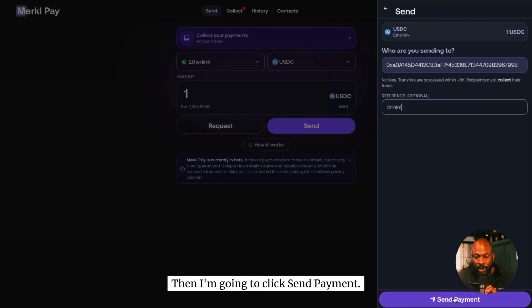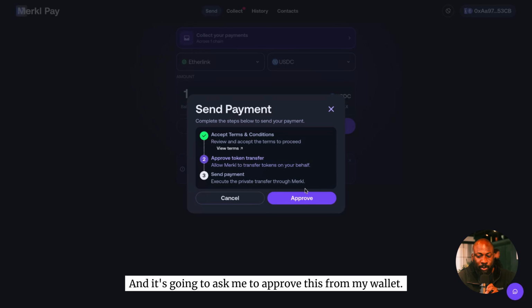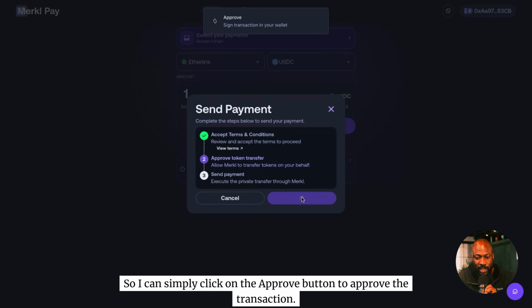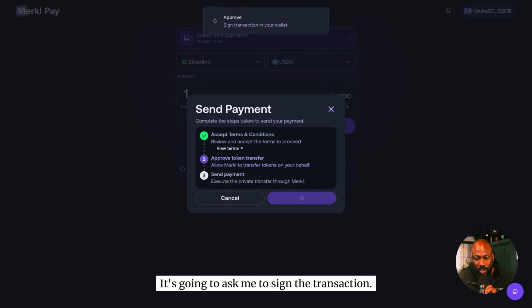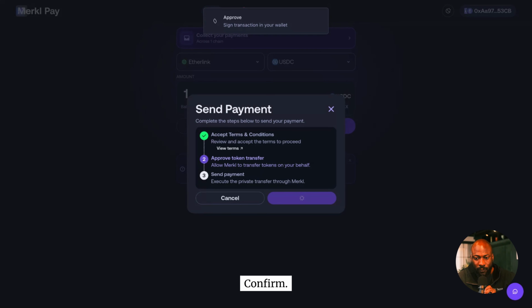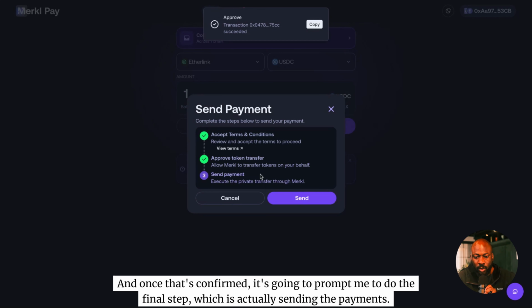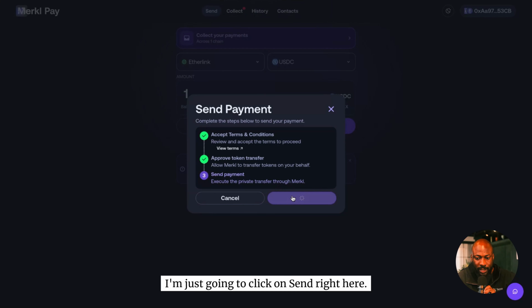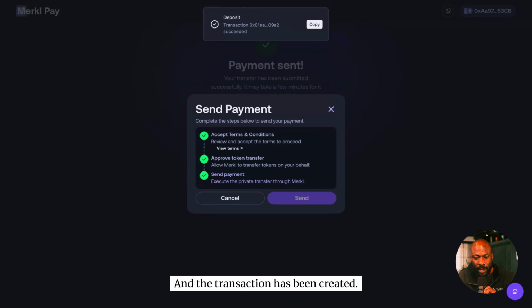Then I'm going to click send payment, and it's going to ask me to approve this from my wallet. So I can simply click on the approve button to approve the transaction. It's going to ask me to sign the transaction. So I'm just going to go ahead to sign, confirm. And once that's confirmed, it's going to prompt me to do the final step, which is actually sending the payments. I'm just going to click on send right here. One more time, I'm going to sign the transaction, confirm, and the transaction has been created and the payment was